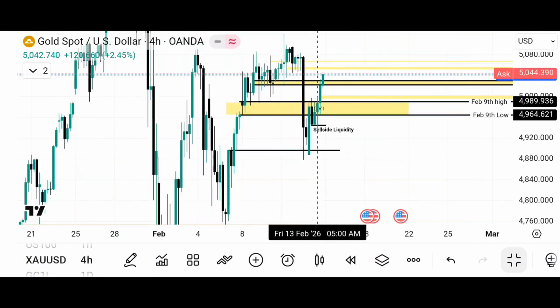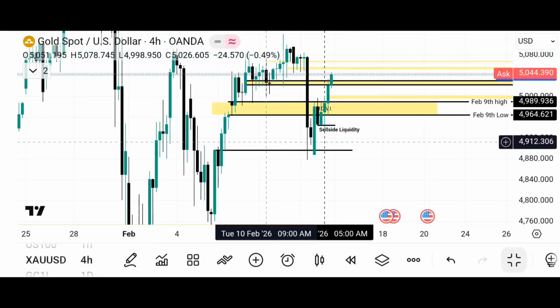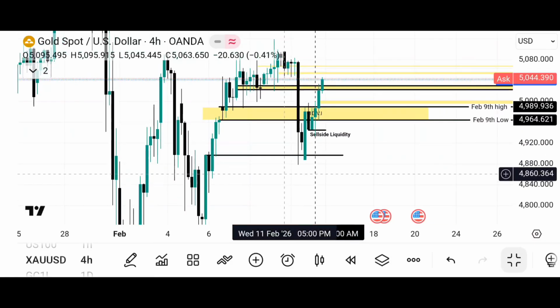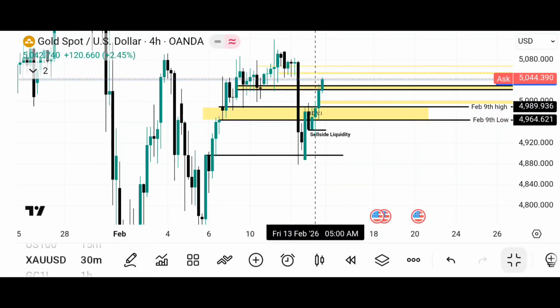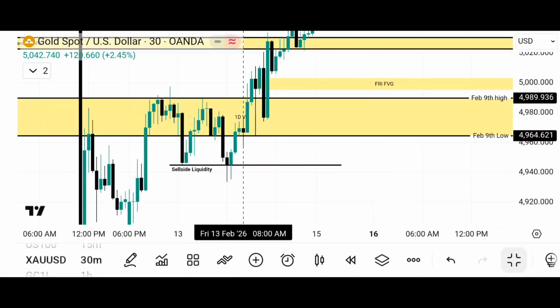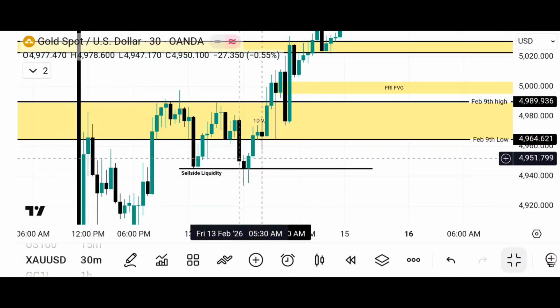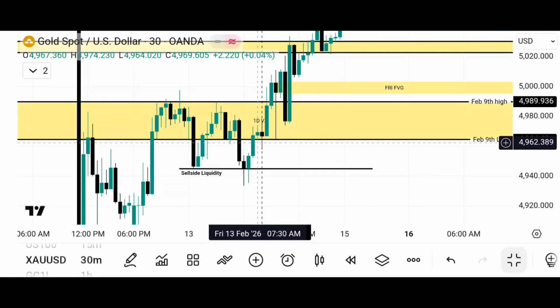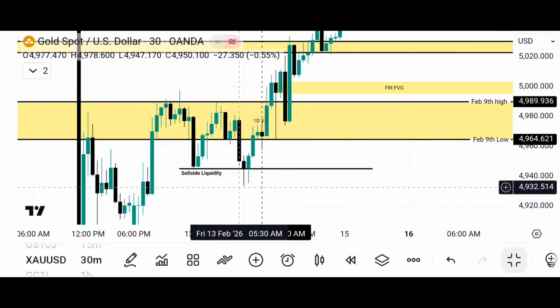Let me go back. This one right here, price traded down into it. That was on the 12th of February, right? Now on the 30-minute time frame, on the 13th of February, price traded down to take out this low prior to the New York AM session,